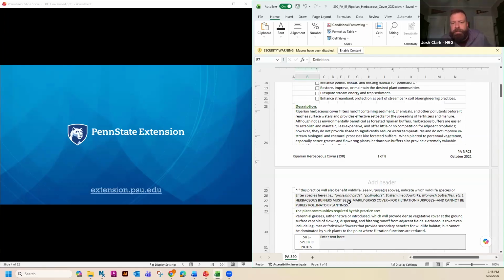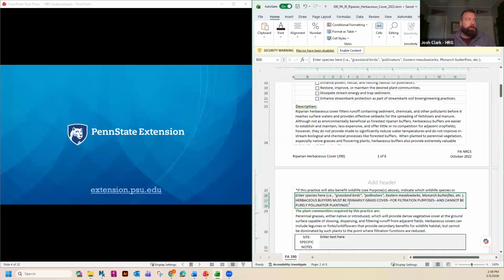That is specific to this PA Practice Code 390. Pollinator plantings as land cover change is covered by Practice Code 327 and is not included in this training. So with that in mind, we're going to go ahead and update this to include grassland birds, which is the